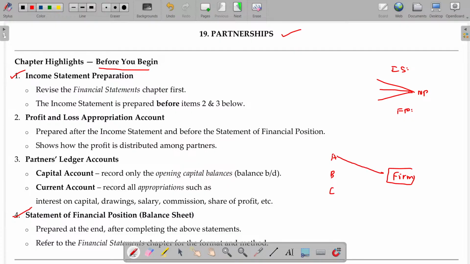A may support the firm out of his own financial power. He has good money, so he contributes more capital. B is a hard worker, he takes care of the business day long. And C has good connections with people, so he can simply get the orders and sell the goods as he wishes. And the profit earned by the firm is now shared among the three parties as per their contribution.